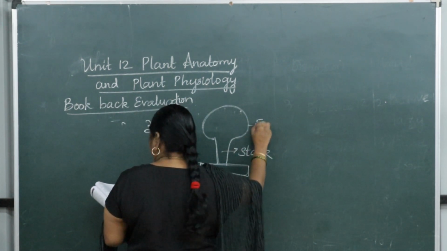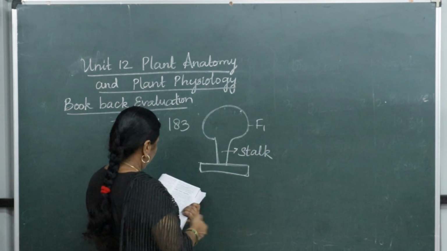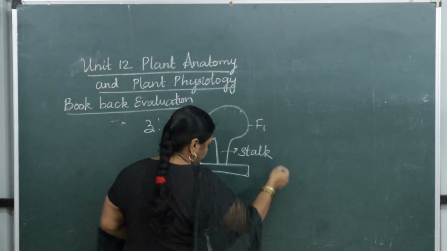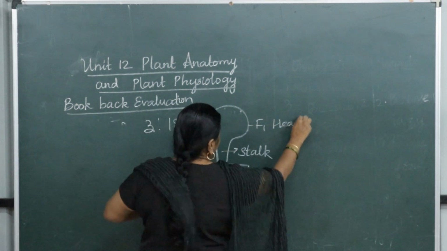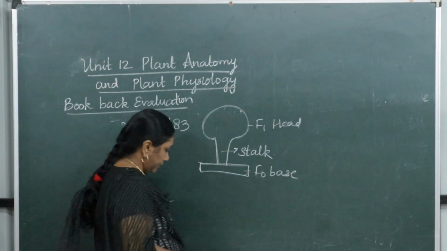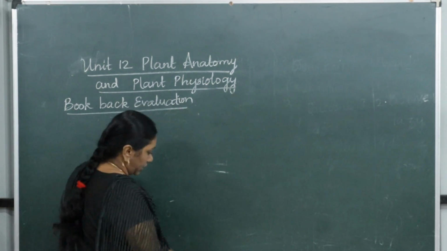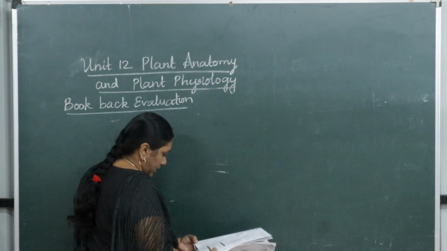This is F1, head, F0 base, that's all. This is enough for structure of oxysomes. You have it in page number 183 in the reader. And coming to the next question,